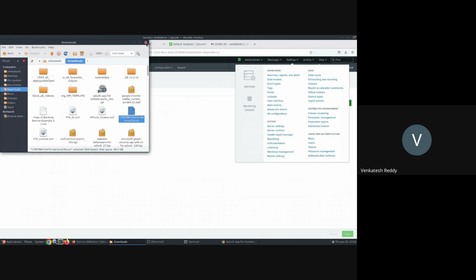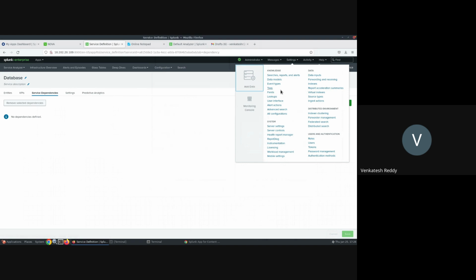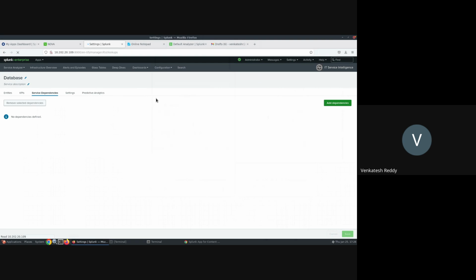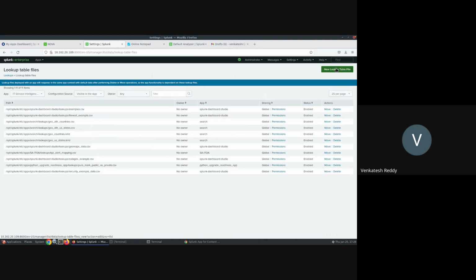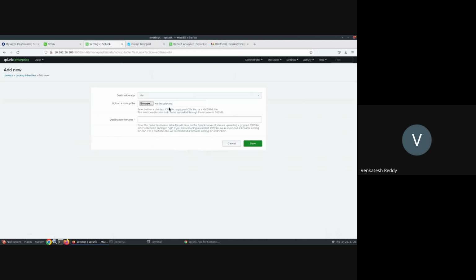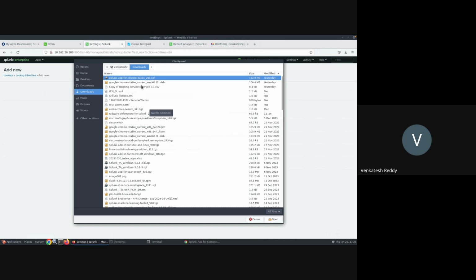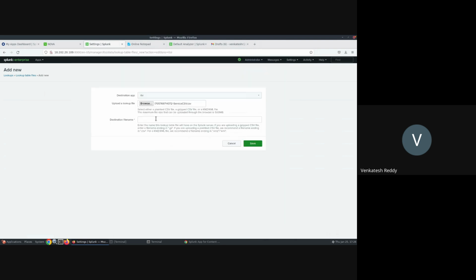Select. So now I want to add it as a lookup file, a table. I'm defining a name for this one, services.csv, and then save.